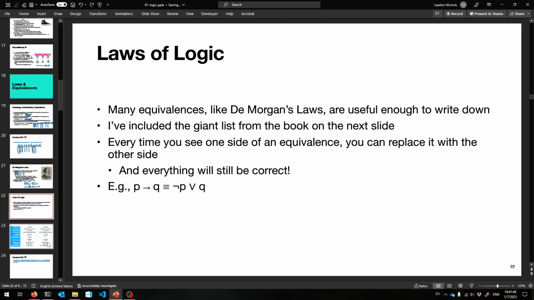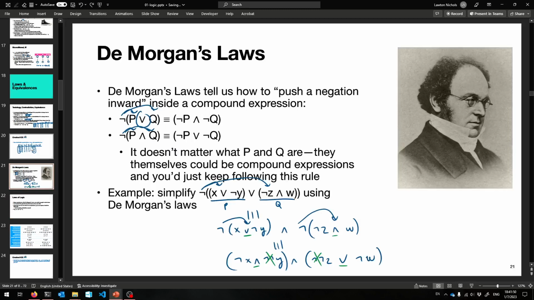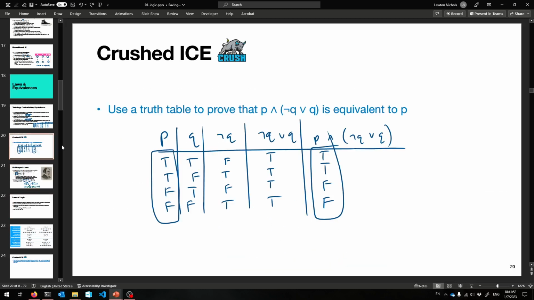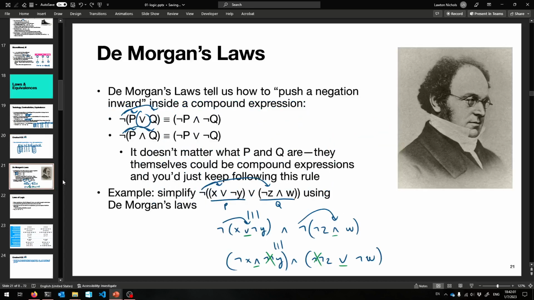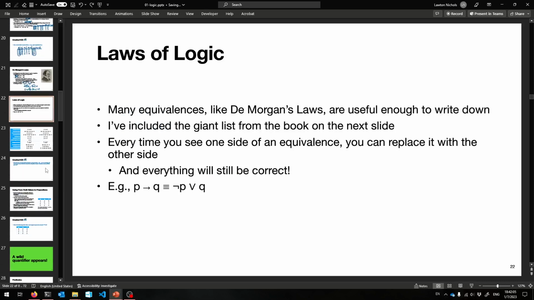So yeah, laws are useful because they can end up giving you much shorter things. Like you can use a law to prove that this is equivalent to P, then you only have to work with P for the rest of your computation. So much nicer. Okay, so those are De Morgan's laws. Let's next talk about